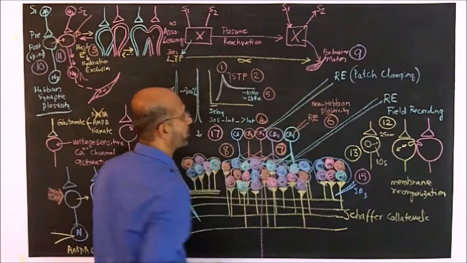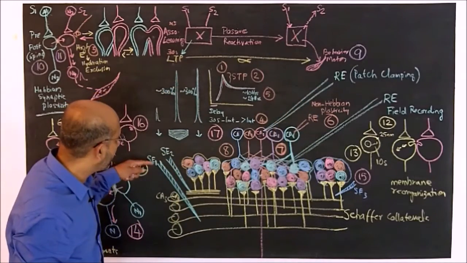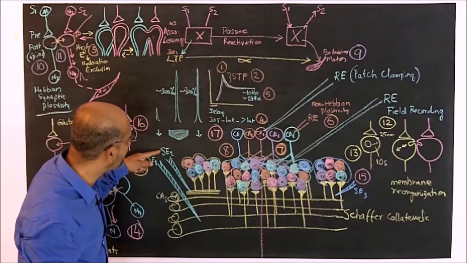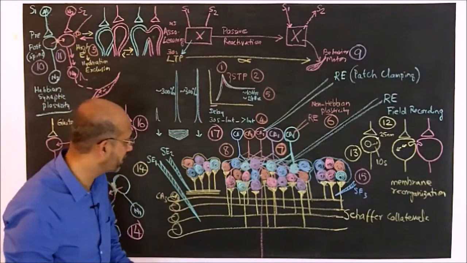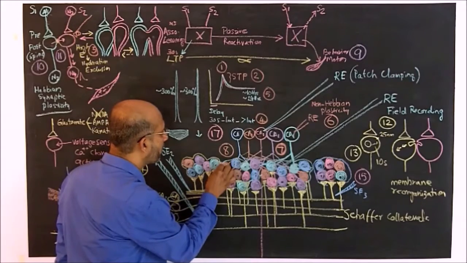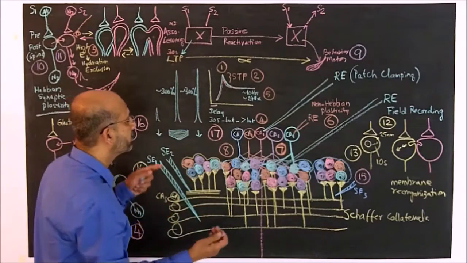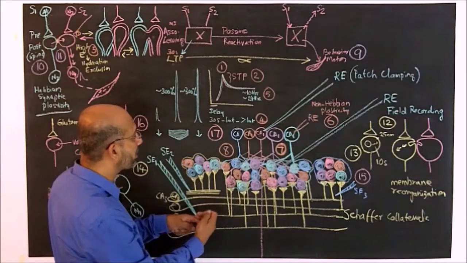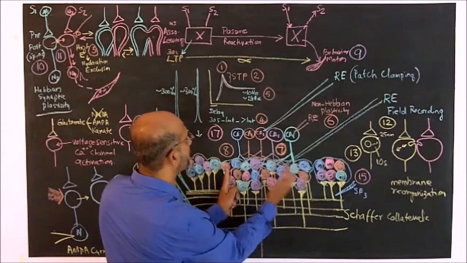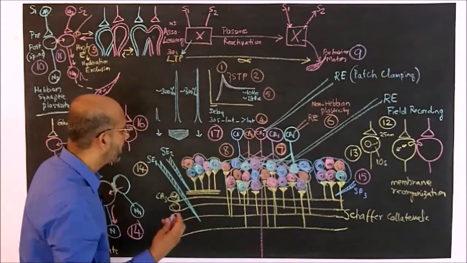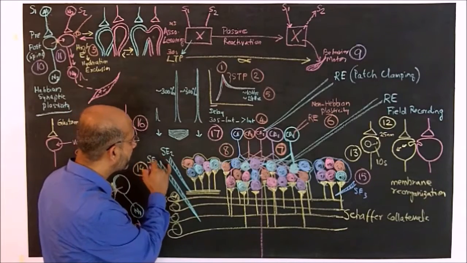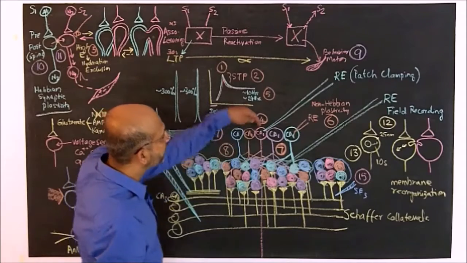from this CA1 neuron. However, when a high frequency stimulus is applied to this SE1 and a regular stimulus is applied at this SE2 simultaneously, that will result in the formation of an interlink or interlinks between two spines or more number of spines between this group of interlinked spines and this large group of interlinked spines, so that at a later time when a regular stimulus is applied at this SE2, it results in a potentiated effect when recorded